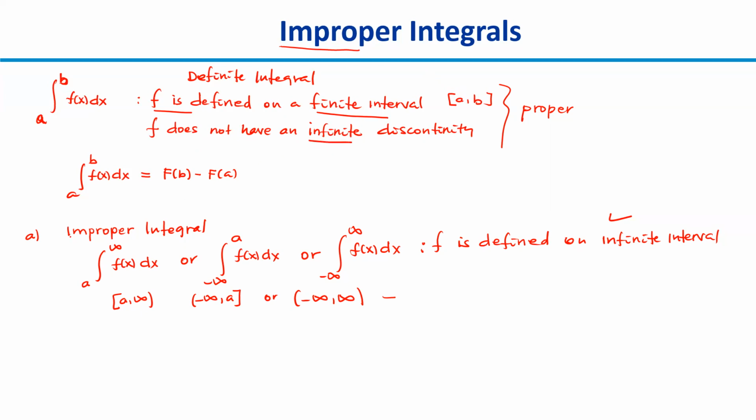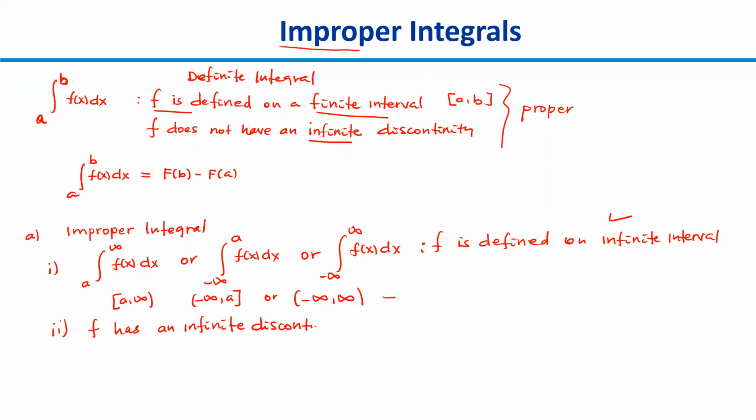If we come to the improper integral, the integrand f could be defined on an infinite interval, that is one case. And in the second case, f has an infinite discontinuity